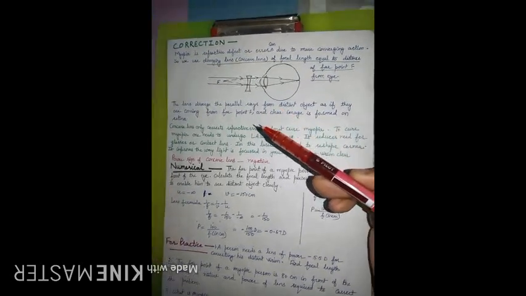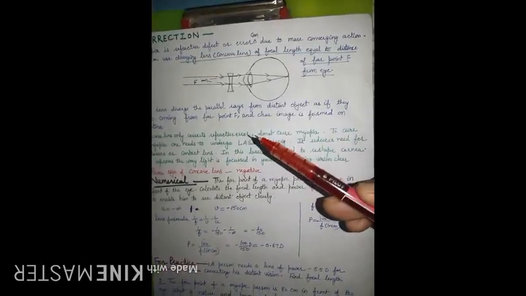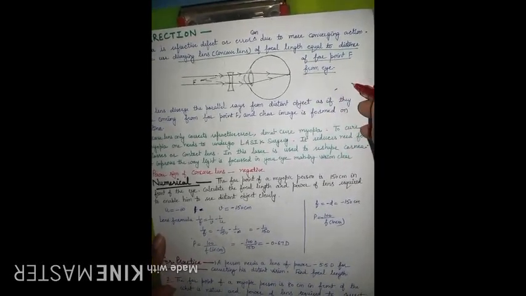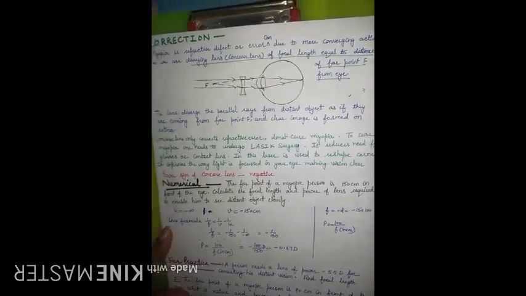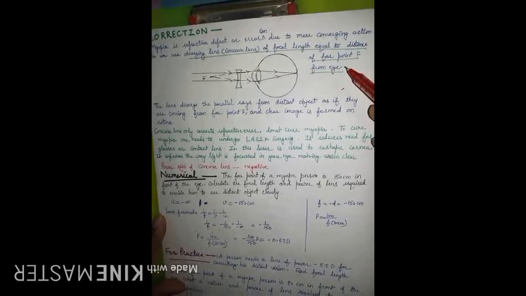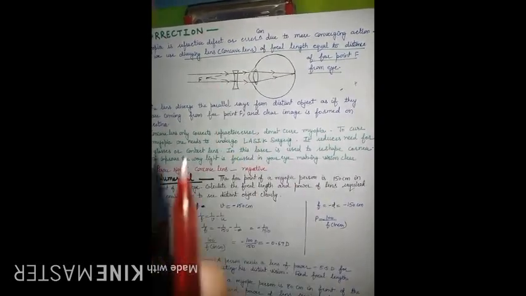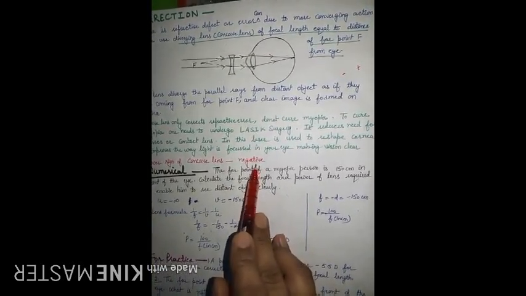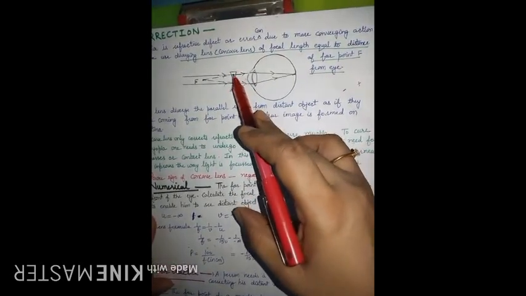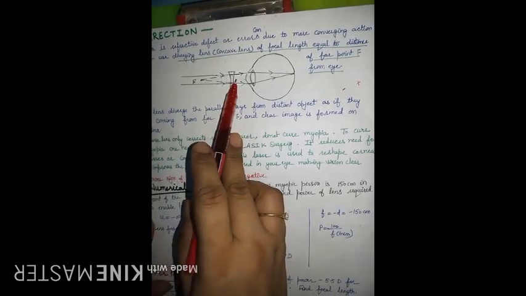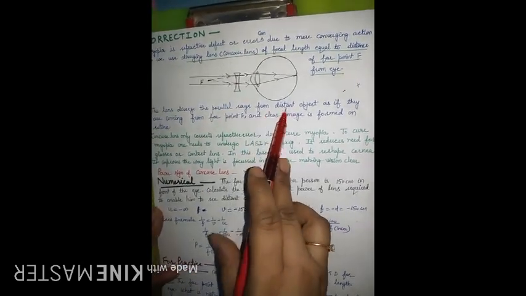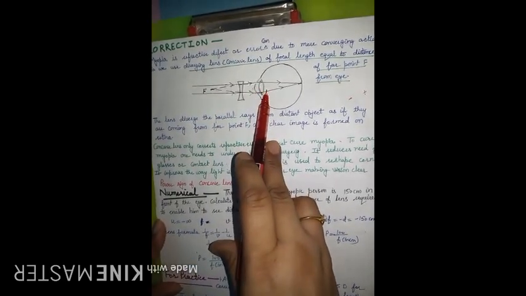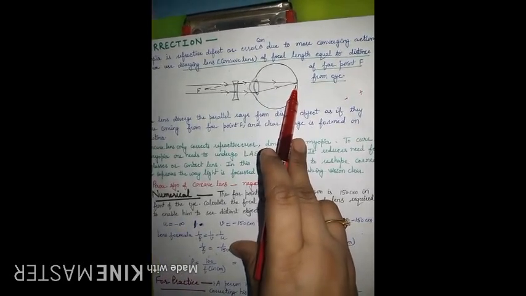Sometimes when you go for your vision checking, on the prescription you are going to have lens written with negative power, sometimes lens with positive power. So if a person is suffering from myopia, then we use a concave lens, and for concave lens which sign will be there? It will be with negative sign. So what is the role of concave lens here? The role of concave lens is that this lens will diverge the parallel rays which are coming from a distant object, and finally these rays will make image at retina.